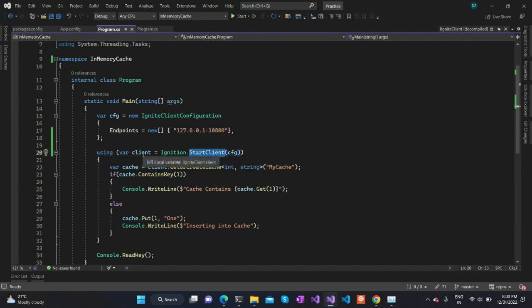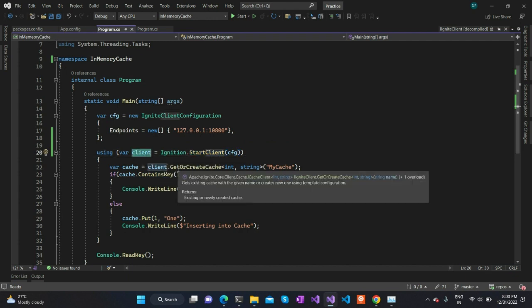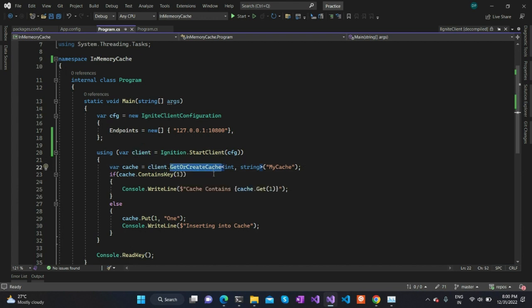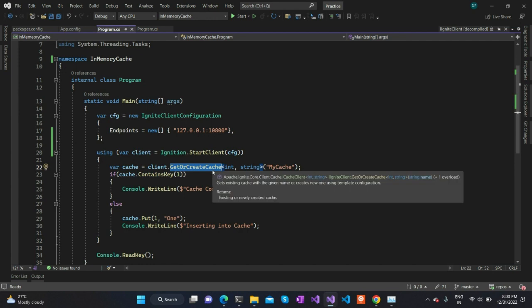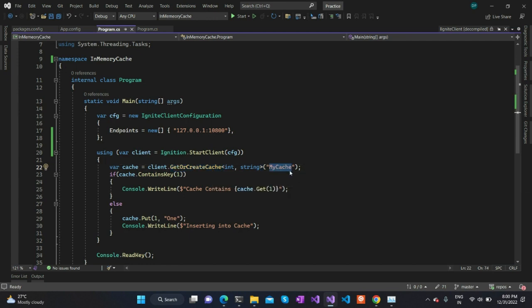And once you start the client, you will get a handle to the client, the Ignite client, and from the client you can try to get or create a cache. You are trying to get or create a new cache if it doesn't exist. That's what this particular API does, and you are identifying that particular cache with a unique name,